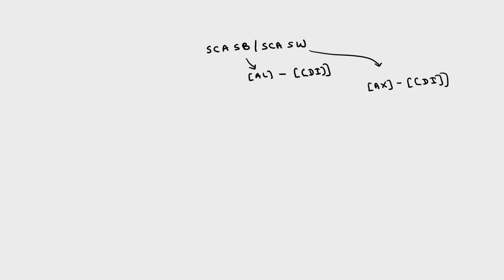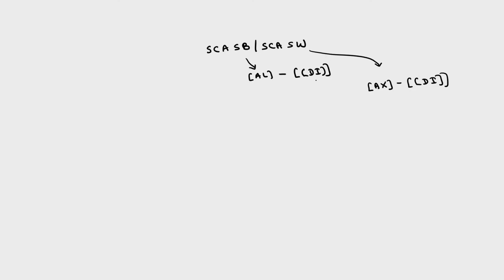Like in case of load, it will load onto the AL, the source is by default SI, and if it is a word, the source is by default SI and the destination will be AX. Similarly, scan also. The contents of DI, a string of data, will be compared with the AL contents. At any point if they are equal, then we can quit the operation, otherwise you can continue. So like that, AL contents will be compared with DI, and AX contents will be compared with DI.